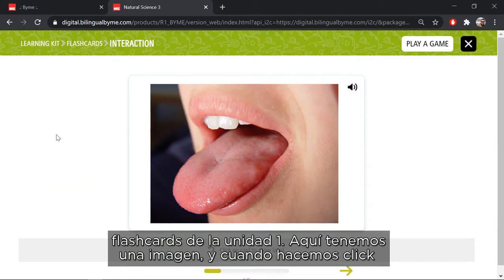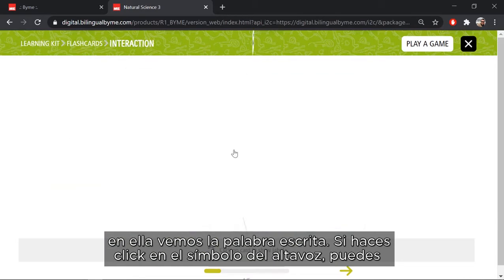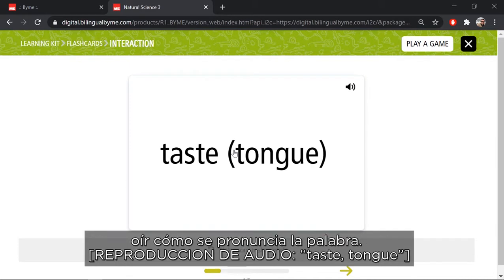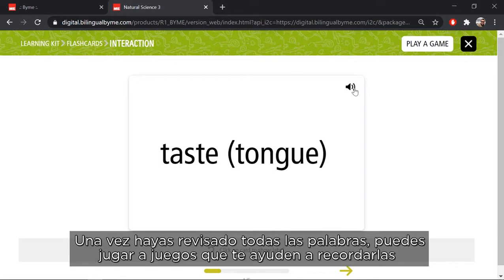Here we have an image, and when we click on it, we can see the word written down. If you click on the little speaker, you can see how the term is pronounced. Taste. Tongue. Once you have revised all the words, you can play games to help you remember them by clicking